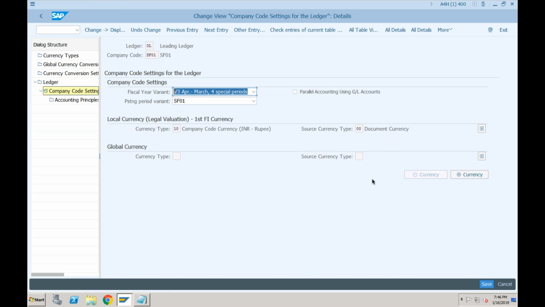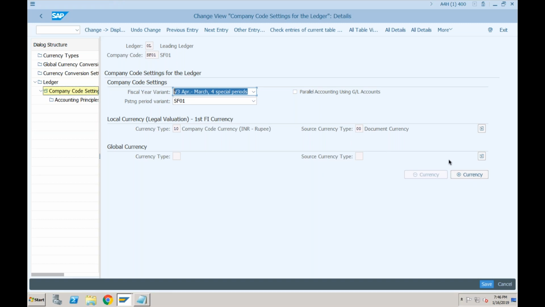Now in SAP S/4HANA, the number of parallel currencies which were restricted to 2 earlier, we have up to 8 currencies. Okay, so it is not mandatory that you have to use it. It is up to you. Okay, so nobody is saying that you need to use 8 currencies. It is just the additional flexibility which is provided by SAP. If you want to activate it, you can activate it from here.